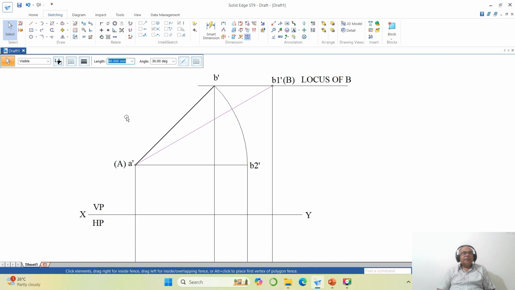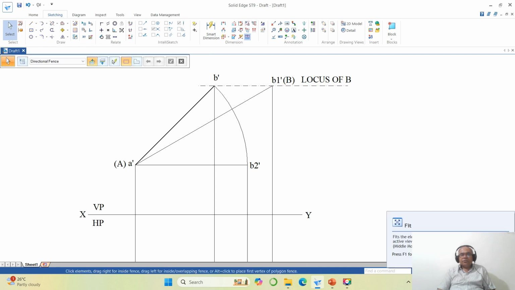Select this true length line, make it 0.25. You select this. Okay, now you have 0.25. Select this XY line, make this 0.13. Okay, then you select this locus line. Locus line should be 0.05 only. You can see 0.05, and this should be dash dot. Select that. Again you come back, go to zoom window,